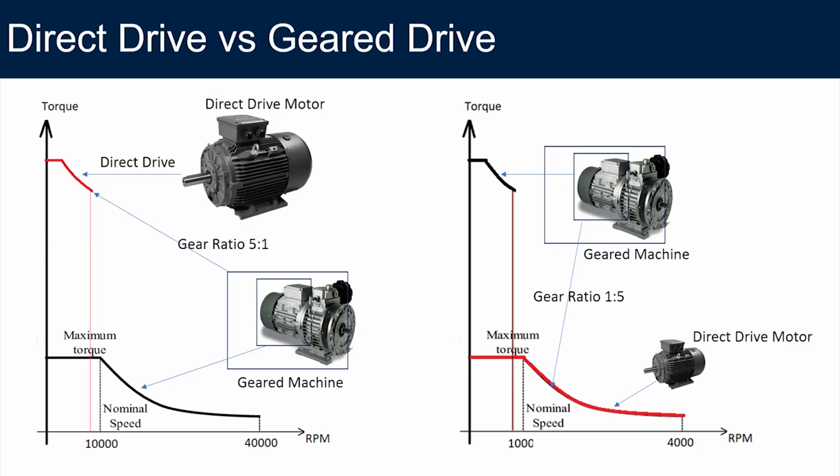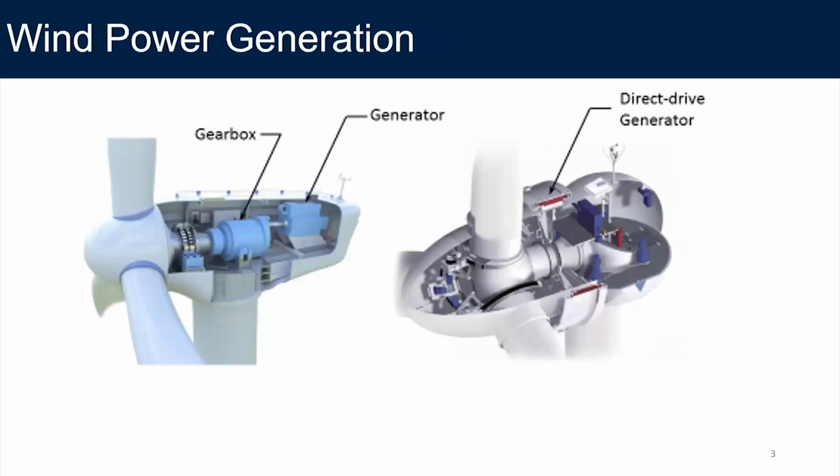So before I move on to the work we did here in Melbourne, I'll just briefly outline some of the renewable energy applications and the machines they use. So obviously, the most commonly heard one is wind power generation. You have two options. One is with the gearbox and a generator, and the other option is a direct drive without the gearbox. You directly couple the machine to the generator. So in this type of application,